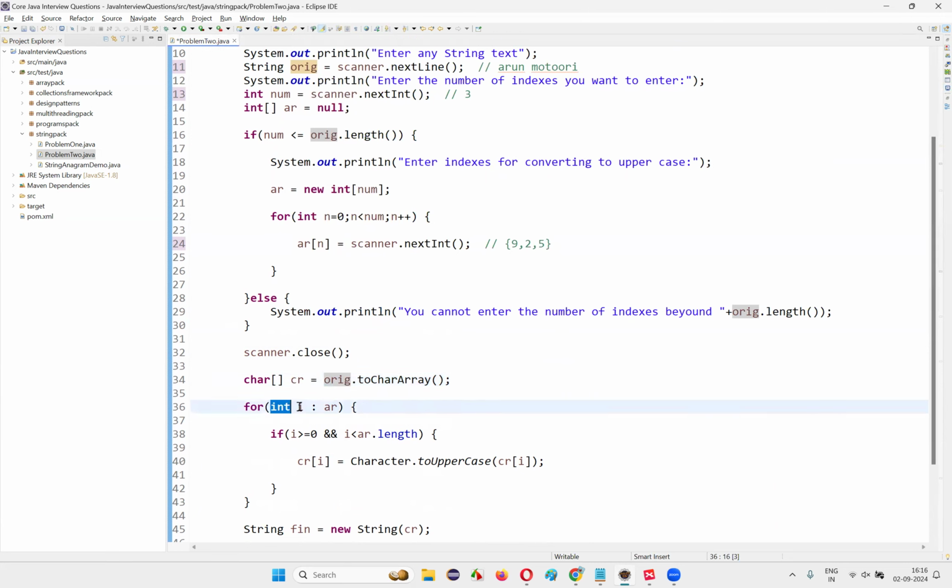And here I am writing for int I colon AR. For each and every index element in this particular array, I'm iterating this for loop. And if that particular I is greater than or equal to 0 means,